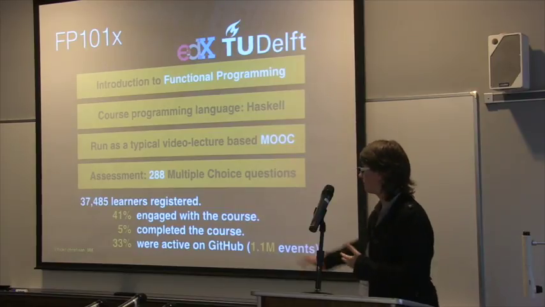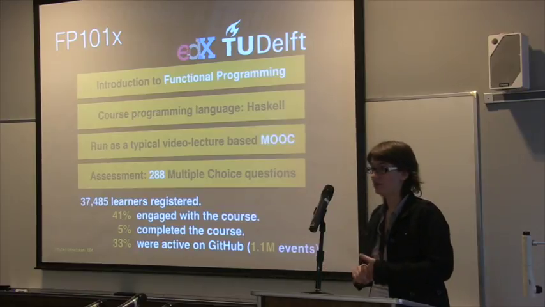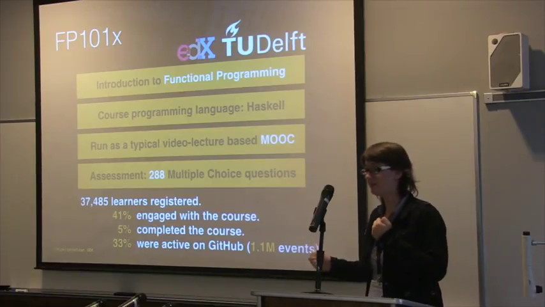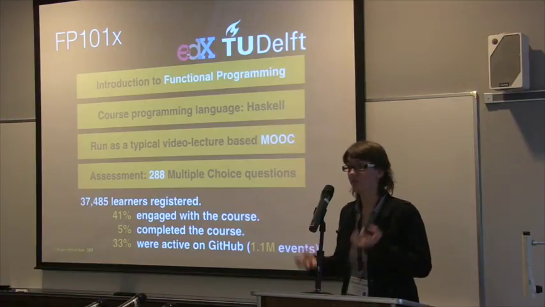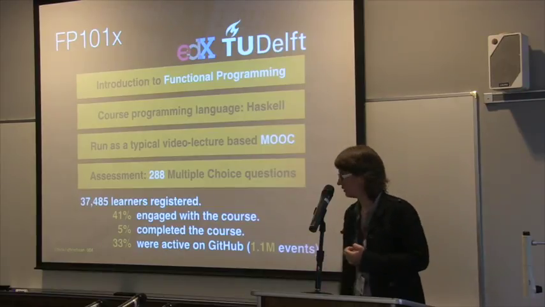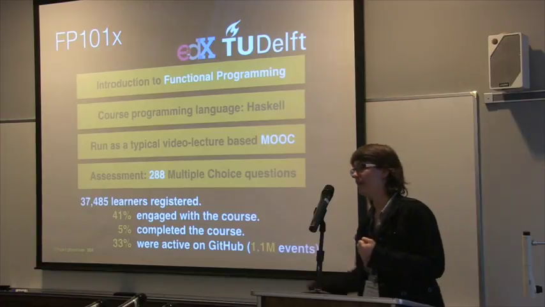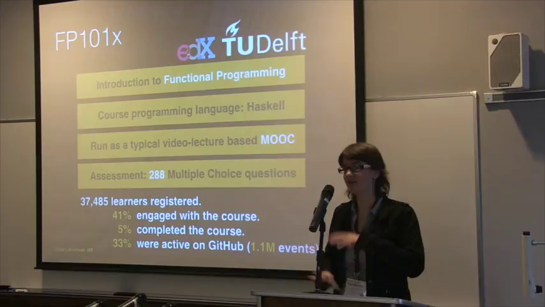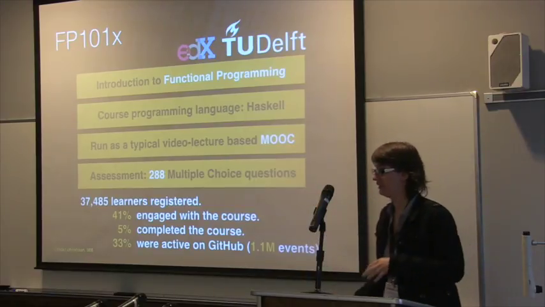And most interesting, of these 37,000 people, we found a third on GitHub. So we could not match all these learners, which makes sense. Not everybody might have a GitHub account. But a substantial number of those were on GitHub, so we could actually work with those people. And the 1.1 million number here is just the number of GitHub events we could get from GitHub for these people. So similar to edX, GitHub logs everything. And in total, we had more than 1 million events we could look at.